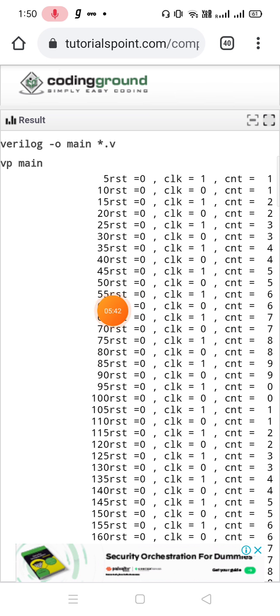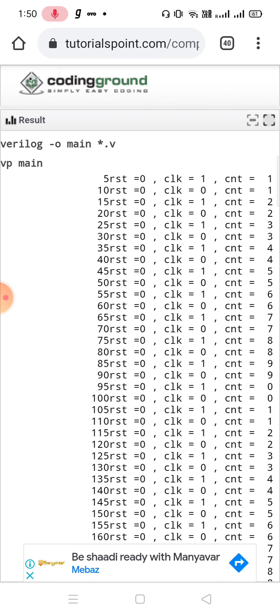See here the result. At the initial 5 simulation time RST equals 0, clock equals 1. I declared clock as 0 initially, so after the 5th simulation time clock is becoming 1, and the counter starts its count from 1, because initially I declared count equals 0. When the clock is 0 at the 10th simulation time, the count will remain 1, because this is a positive edge trigger.